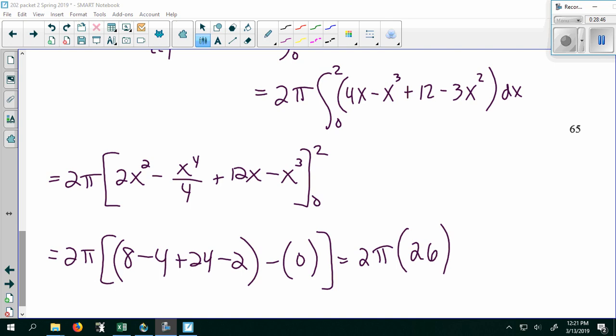Okay, I just realized I made a little mistake when I was plugging in the 2. So I'm plugging this 2 into each of these terms. So 2x squared is 8, x to the 4th over 4, that's 2 to the 4th is 16 over 4 is 4. 12 times 2 is 24, but then I forgot to cube this last one. So 2 cubed is not 2, it's 8. So this should be minus 8. All right, so that comes out to now 20. So 2 pi times 20 is 40